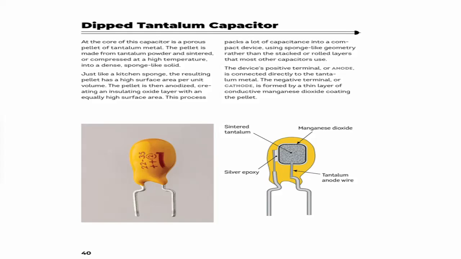The next component is a dipped tantalum capacitor. A dipped tantalum capacitor is a type of electrolytic capacitor that uses tantalum as an anode material and liquid electrolyte to increase capacitance. It is constructed by tantalum anode foil, liquid electrolyte that can be manganese dioxide or tantalum pentoxide. Cathode material can be carbon or silver, and it is encased in a protective coating that can be epoxy